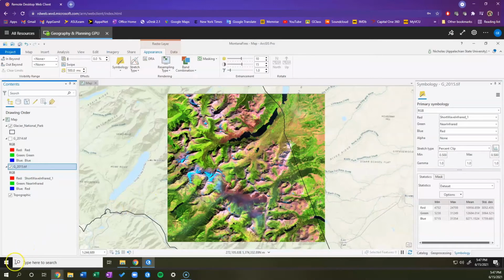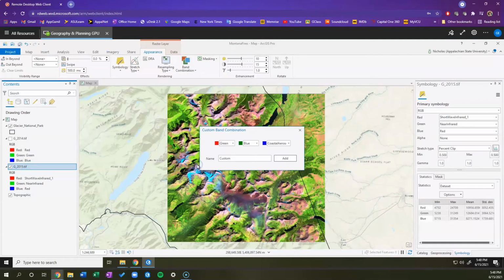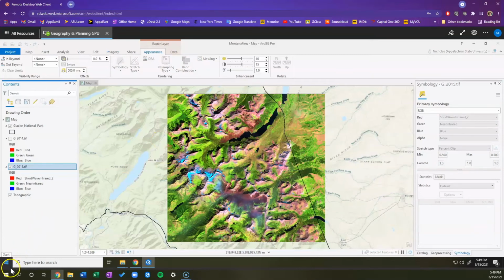So we are actually going to do a custom band combination to hopefully get a better view. So to create our own custom band combination, we want to still make sure that this G2015 is selected and then come down to band combination, and at the bottom you'll see custom. Now we click on that. In the red color gun, we want shortwave infrared 2. For green, we want near infrared, and then for blue, we just want blue. And then we want to call this burn scar analysis, and then go ahead and click add, and you'll notice